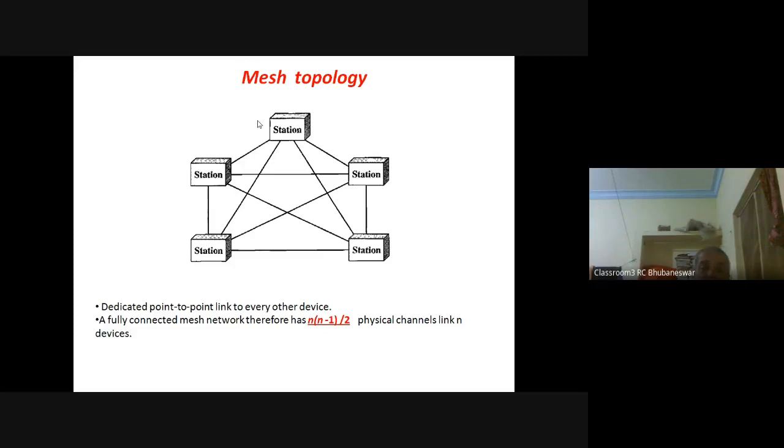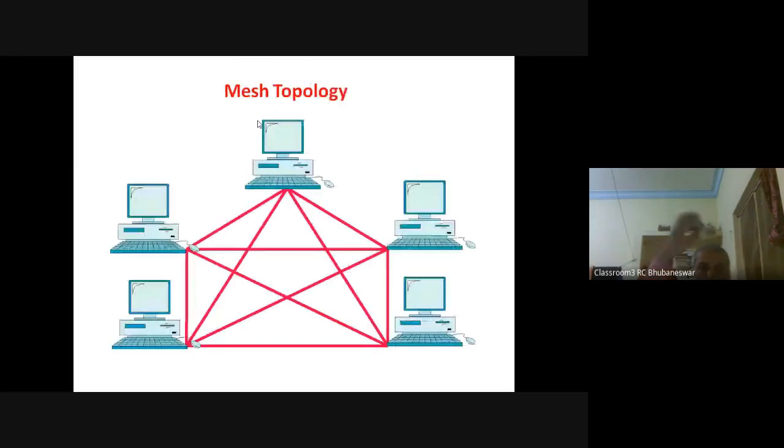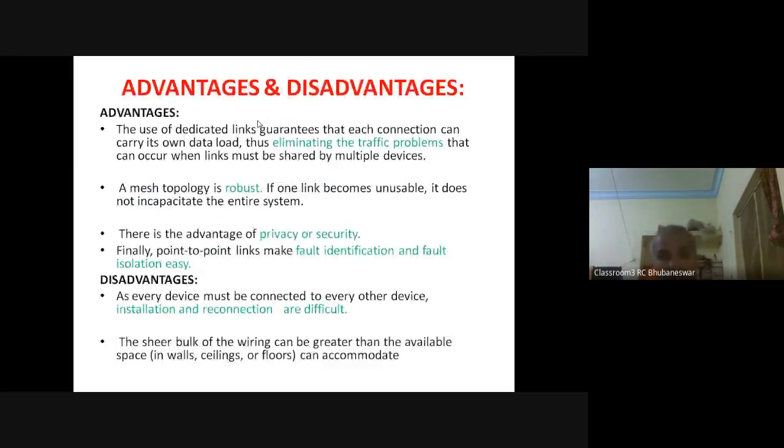So what are the advantages? Topology जब आएगा, you have to draw the diagram, write its advantages and disadvantages also। What are the different advantages and disadvantages of mesh topology? The advantages for mesh topology is there is a dedicated link, मतलब eliminating the traffic problem। Second one is privacy, and security is good because a particular path is used by only two nodes only।